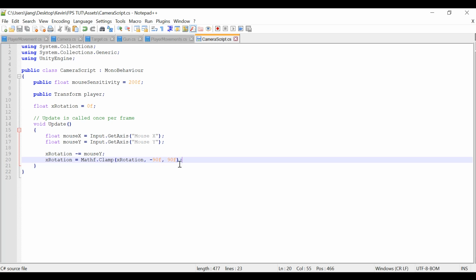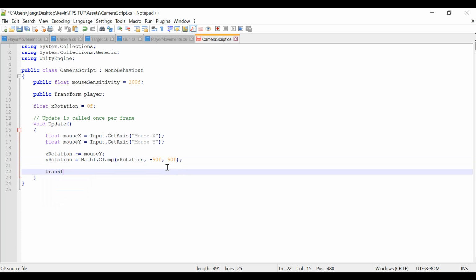That way the camera can move in any direction perfectly, and we're also gonna need to make the player rotate, because without it we cannot rotate the player's body. So we're gonna transform to rotation